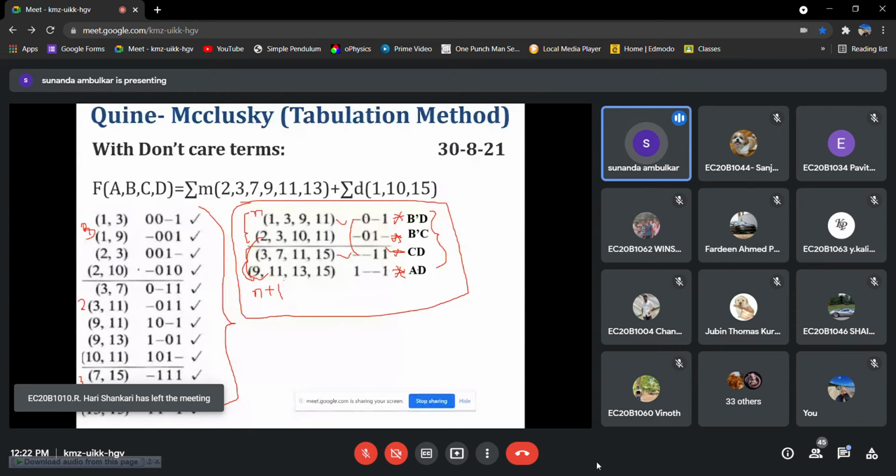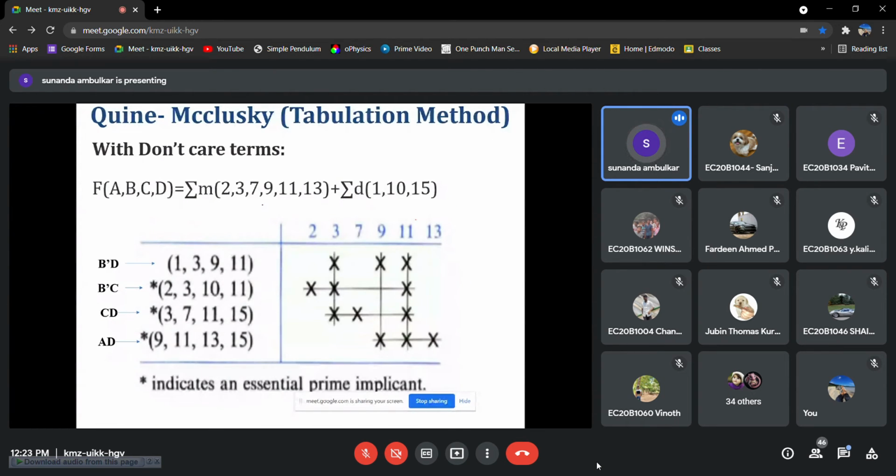There are multiple levels of finding out the essential prime implicant from the prime implicant table. It depends on how complex our Boolean expression is. Here only 4 variables are involved, so the complexity is not that bad. But if the number of variables increases, multiple levels of finding out will be involved to find the essential prime implicants. Okay, so what is the next step?